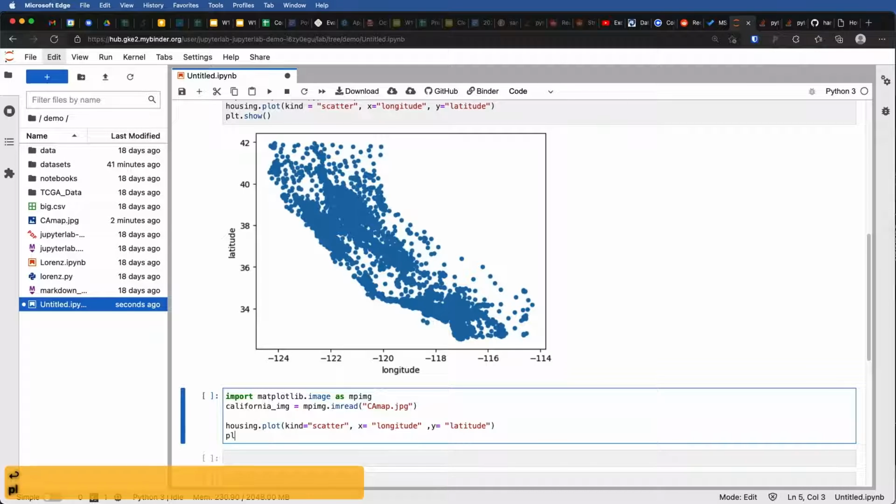So we could say plt, so now we're dealing with this plot that we've just made, california_image. That is our variable for the image that we have read in before. Extent tells it, how large do we think this image is? And what you would do is you would go into this map that we've already seen, and then you would